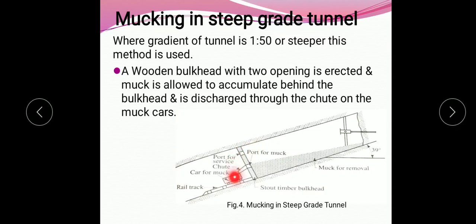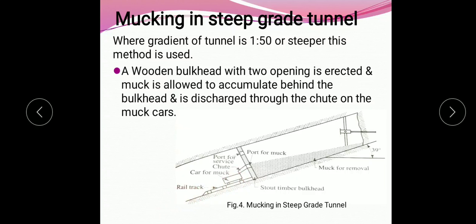And after loading the muck into this car, the car will be taken to the outside of the tunnel for unloading. Such a method is used for mucking in steep grade tunnels.